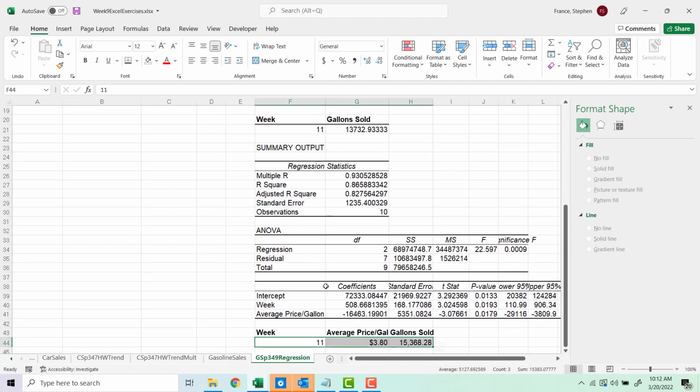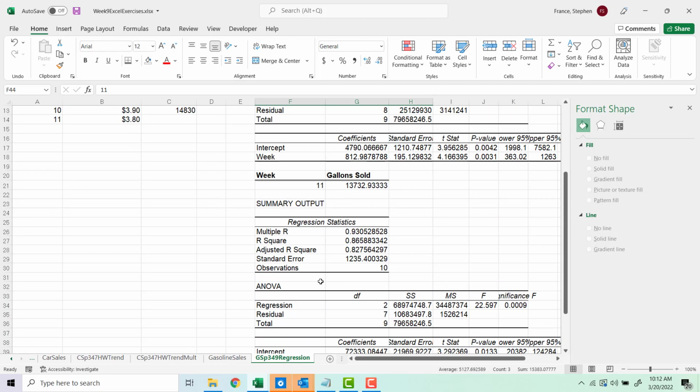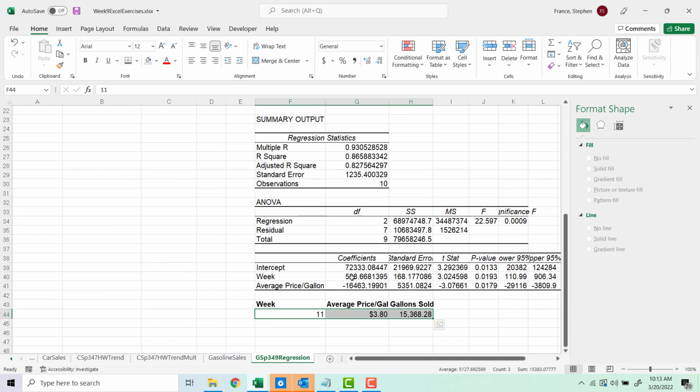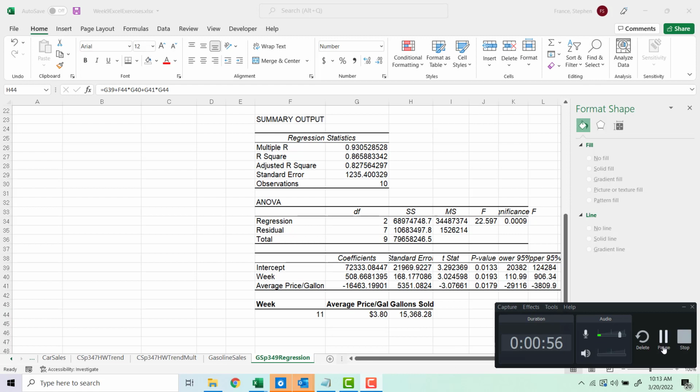But we do see overall that we've built this second regression model. Notice here the intercept's much higher, but the week increase is lower, and this is counteracted by the price per gallon. Okay, so that's a good example of time series regression, and time series regression adding a